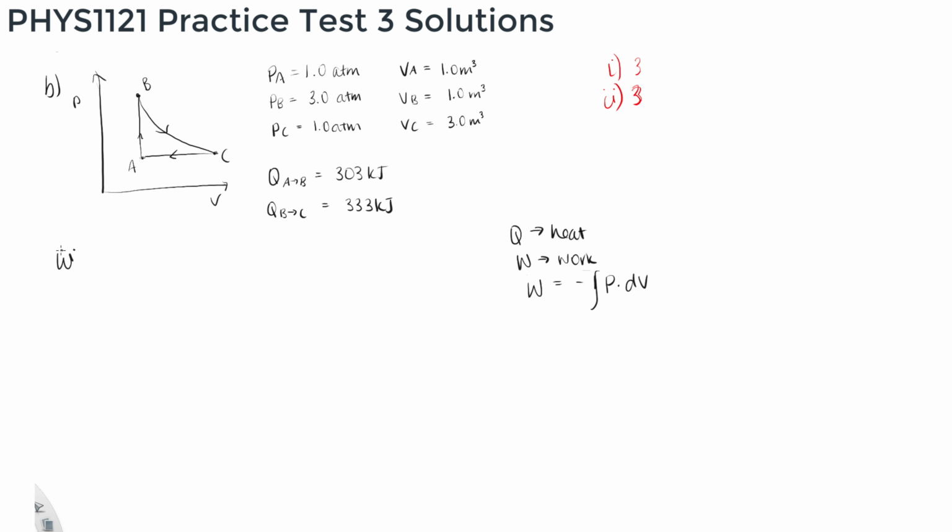Part 3I is asking us about the heat entering the system as it goes from C to A. So what I'm going to do first is write down everything that we know. We know that the change in internal energy as the system goes from A to B, we worked this out in part I. It's 303 kilojoules. We also know the change in internal energy as the system goes through process B to C. That was 0